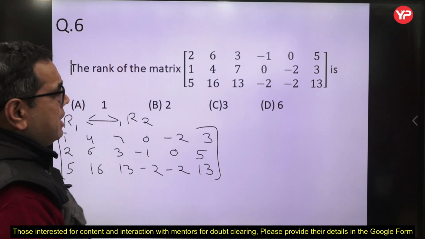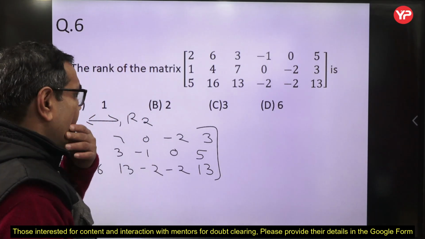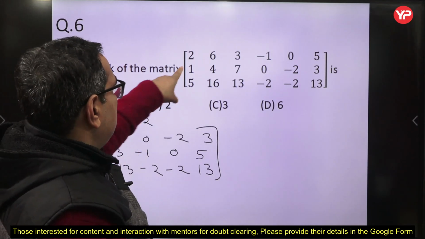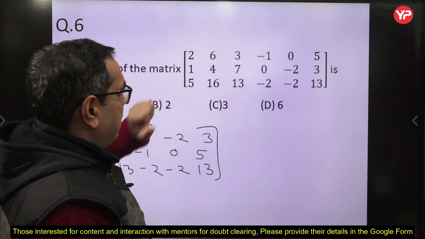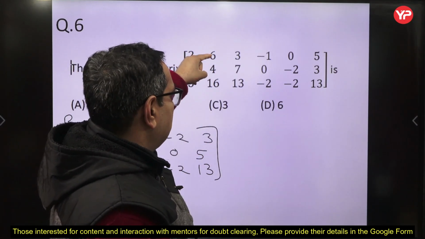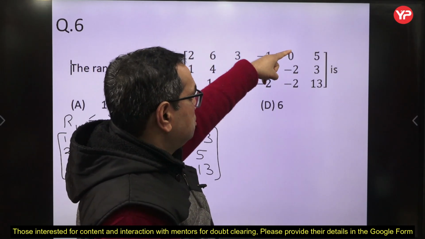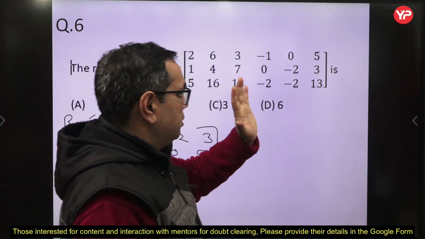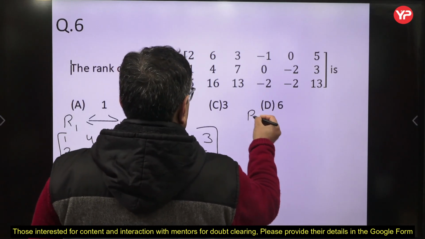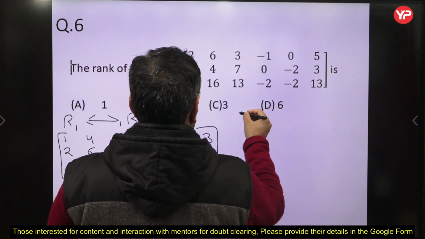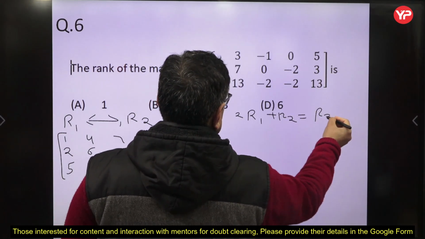Now by directly looking at the matrix, one point is coming to my mind. Without solving this, we can directly analyze one thing here. If I multiply this row with 2 and add it into this, so 4 plus 1 is 5, 12 plus 4 is 16, 6 plus 7 is 13, minus 2 plus 0 is minus 2, 0 minus 2 is minus 2, 10 plus 3 is 13. So clearly it is visible that 2R1 plus R2 is equal to R3.